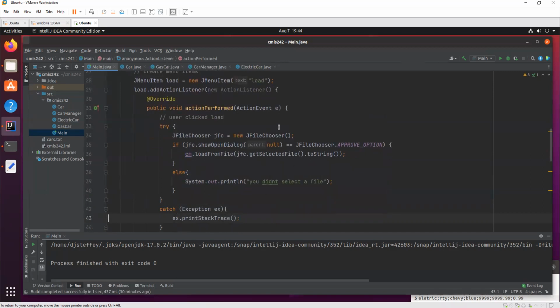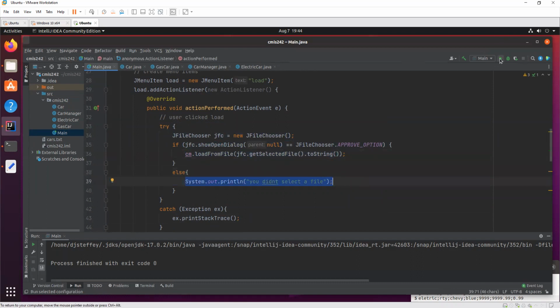So let's go through it. Let's use the load button. When we use the load button, it's going to make the JFileChooser and show it to us. And then if we actually pick a file, it's going to do our car manager load from file. And this right here just gets the file name that we selected. Okay. But if we didn't select a file, it's going to print out you didn't select a file.